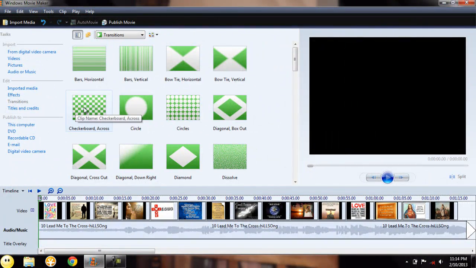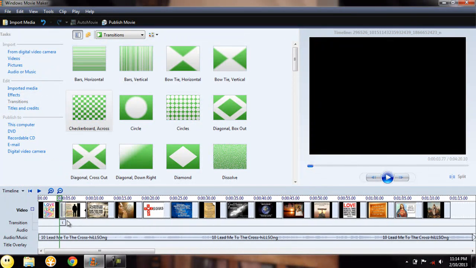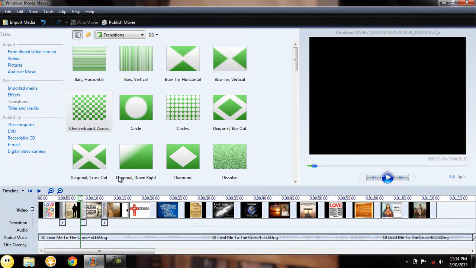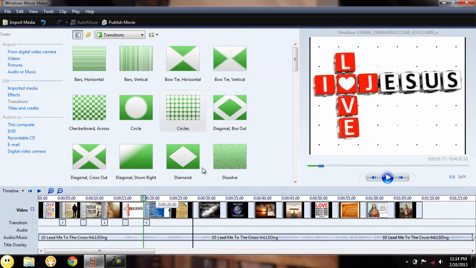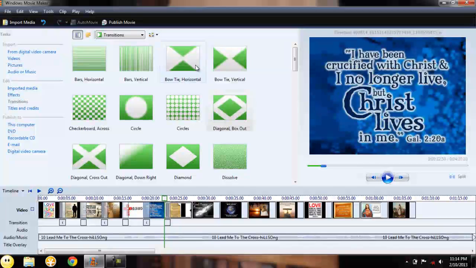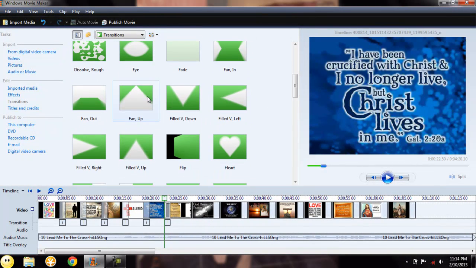For example, you would apply a transition to this image. You can select any transition you want.